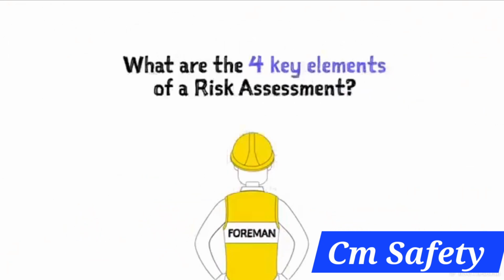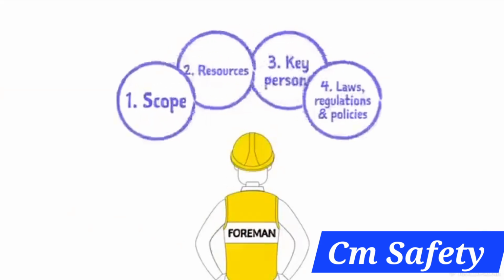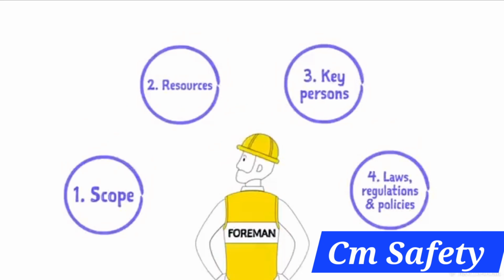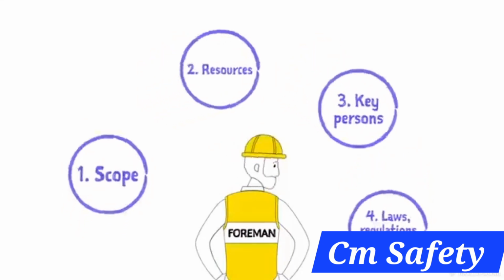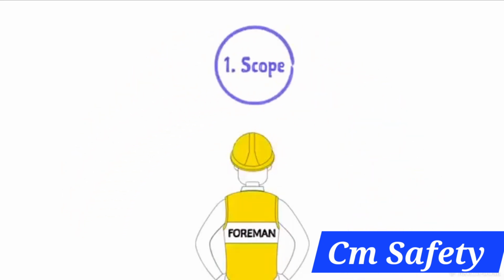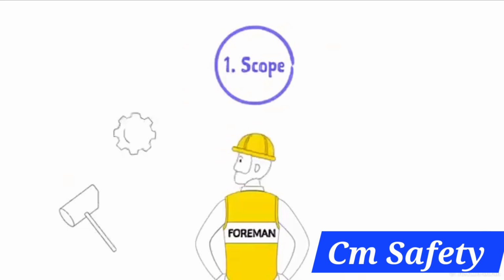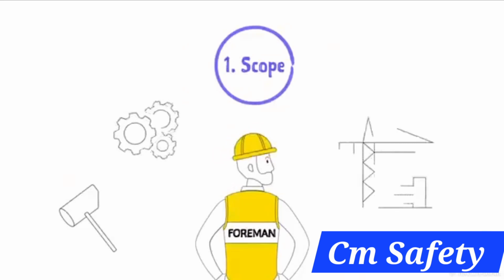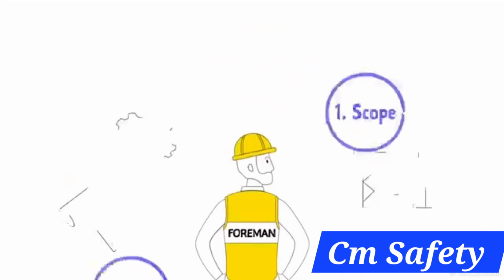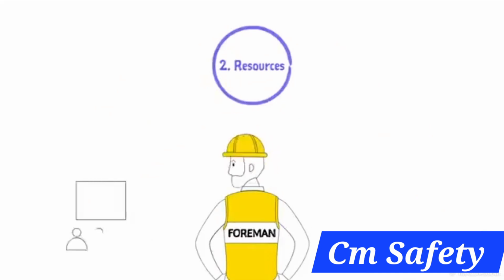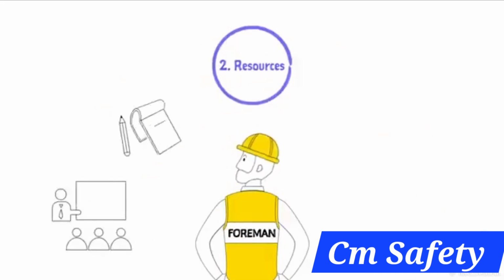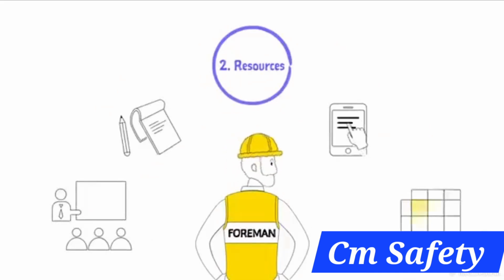What are the 4 key elements of a risk assessment? The Occupational Safety and Health Administration suggests 4 elements you need to consider when planning your risk assessment. First, scope. Are you assessing a product, an organizational process, a workplace area? Second, resources needed. What type of training, tools, and equipment does your team need to effectively carry out a risk